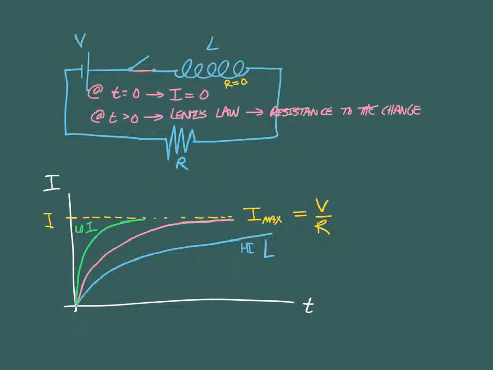This should be a no-brainer for people with your mathematical background, all right? If somehow there could be zero inductance, then it would just instantaneously go to the max. So I'll draw it here. This would be L equals 0,